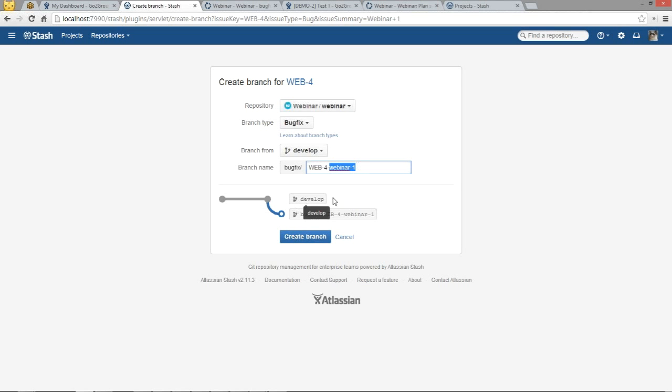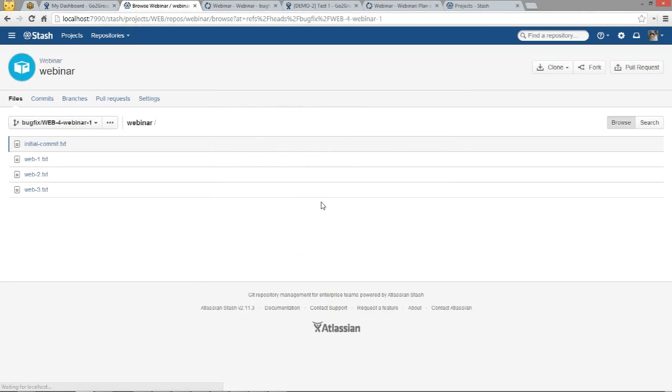The summary at the bottom says from develop, you branch out bug fix, Web4, Webinar 1. So let's go ahead and create the branch. In my branch, I can see in Stash that this is the branch, bug fix Web4, Webinar-1,